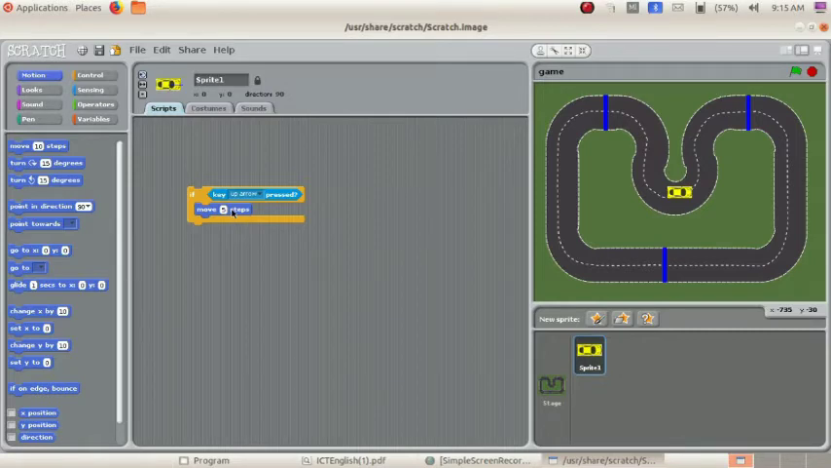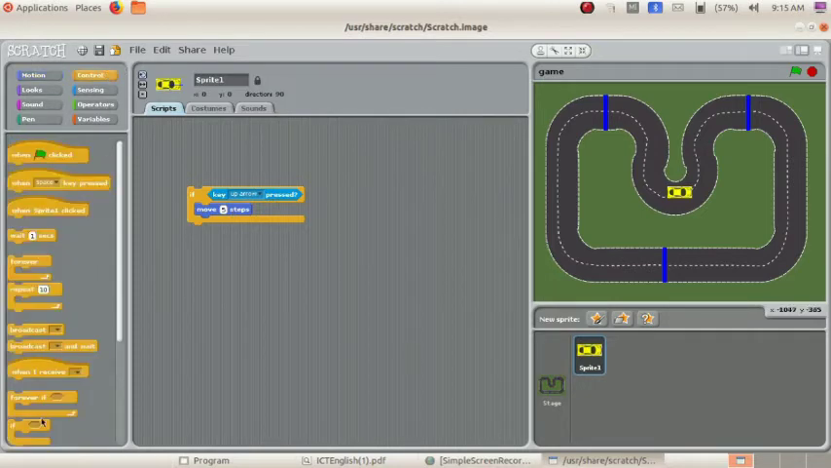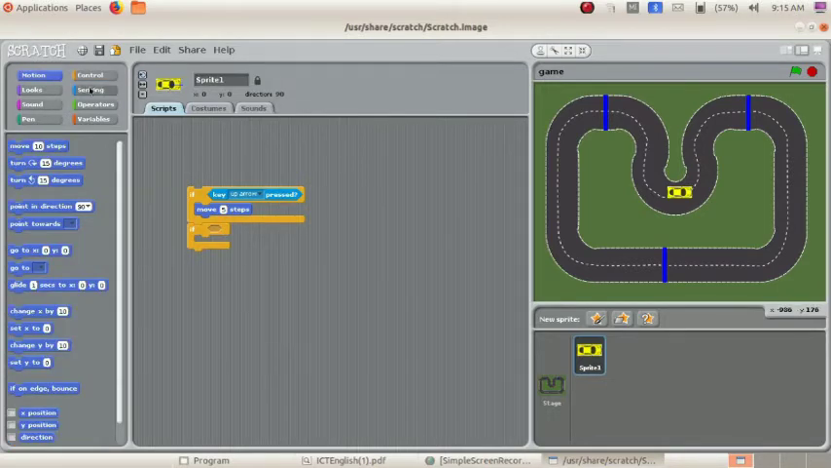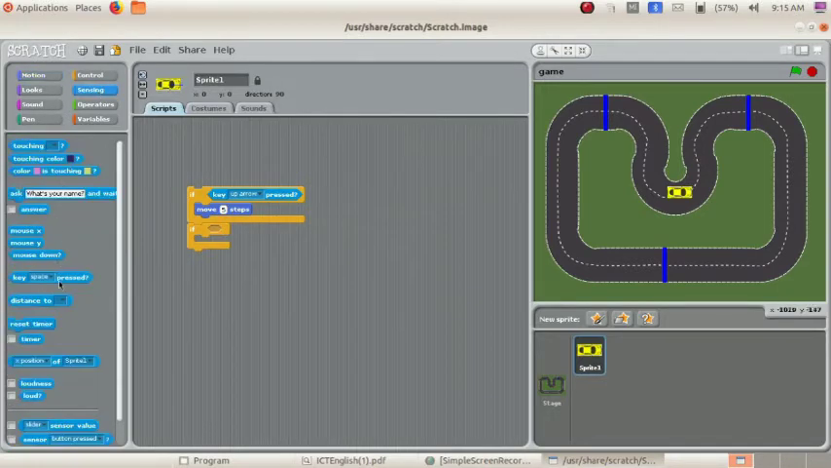Next, if the down arrow key is pressed, the car must move 5 steps backward. Okay, so bring the if here and fix it. Next, bring the key pressed block, that is in the sensing tab. Okay, key pressed,